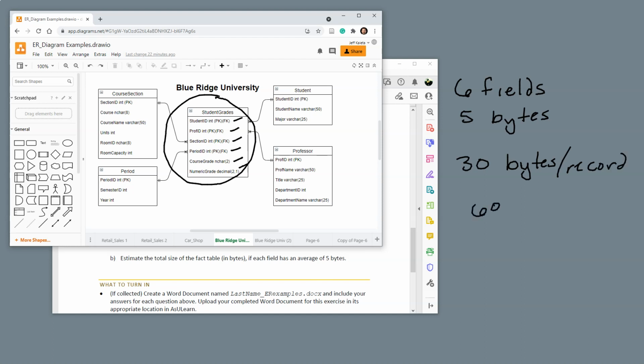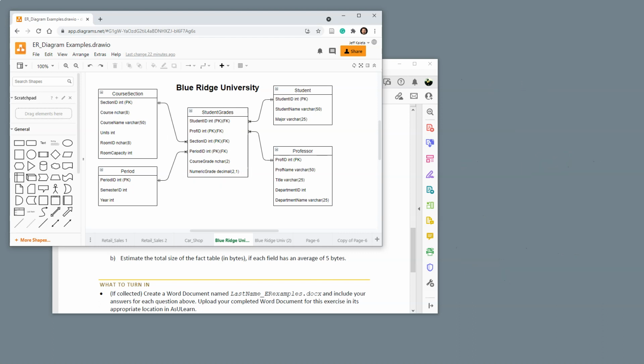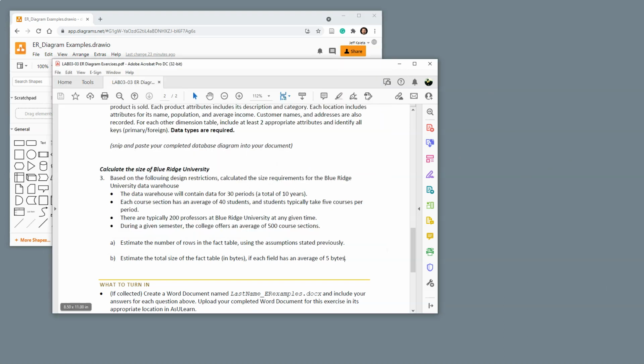I already know from the previous question that I'm going to have 600,000 records, so I can easily see that is going to be 18, carry my zeros. There we go. So it's going to be 18 million bytes of data that I need to store, which becomes basically 18 megabytes. That way you have an idea of how to calculate this. We now have the total size of the fact table in terms of bytes, and we can apply that in any kind of